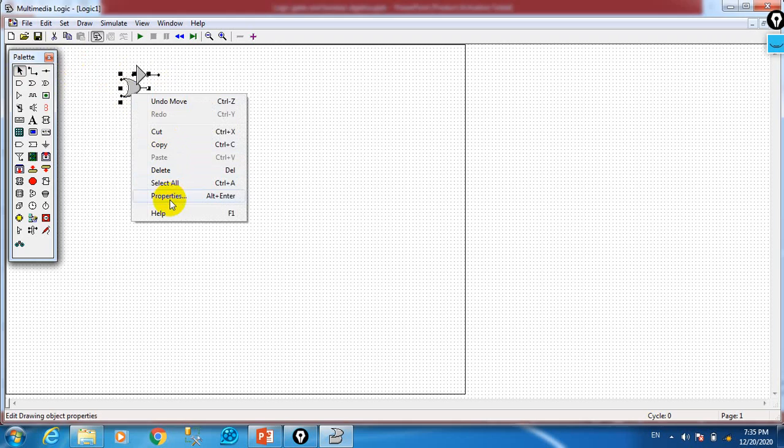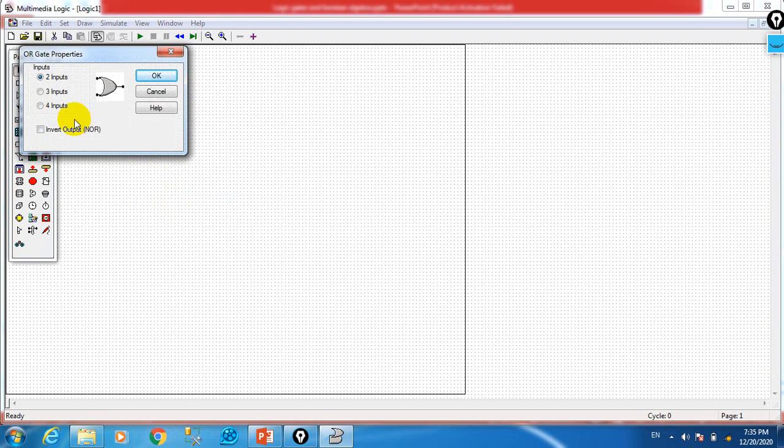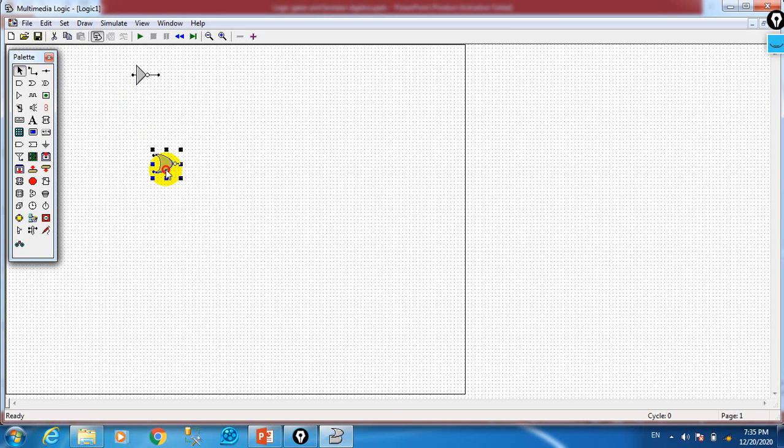So here I think we have the converting this to, look at this, invert. So when we invert this, it will become a NOR gate. So now you can see this is a NOR gate. You can also make a NOR gate by taking an OR gate with a NOT gate. Look at this, an OR gate with a NOT gate,